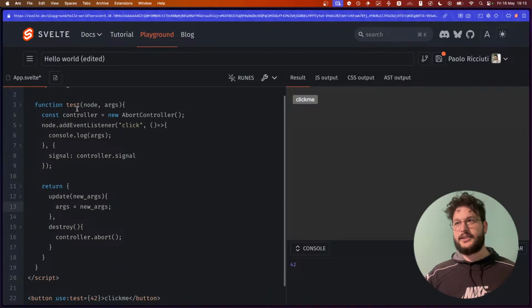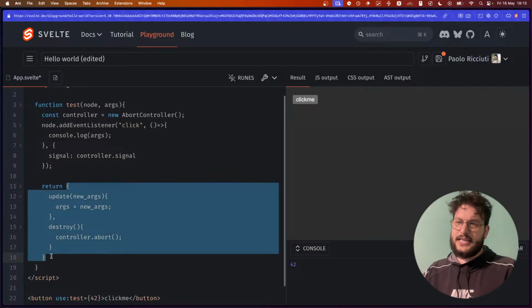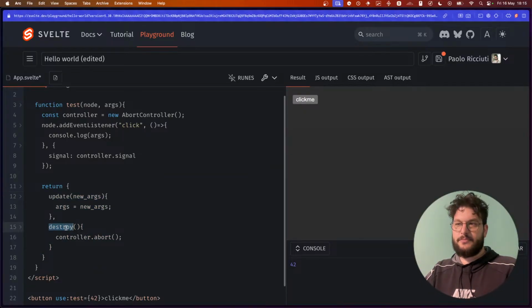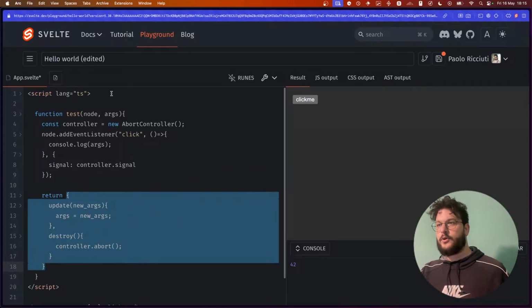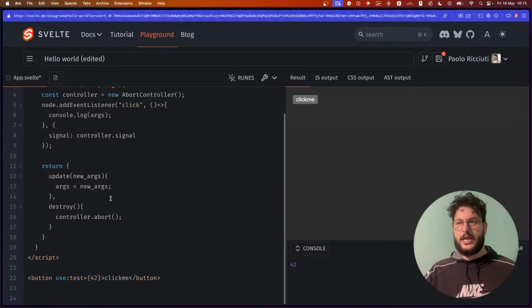The action thing, it's very nice. It has a couple of problems. First thing first, obviously this is kind of a relic of Svelte 4, because in Svelte 4, Svelte actually had to call these methods here because there was no runtime reactivity. So this is kind of a relic of the past, and today, if you really want, you can just,